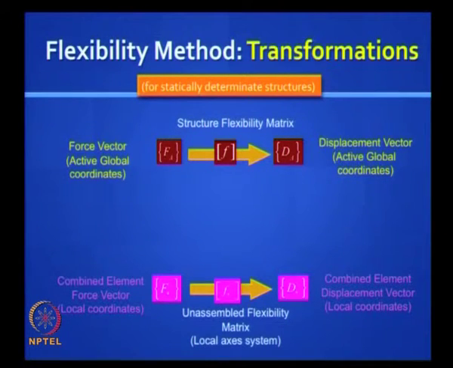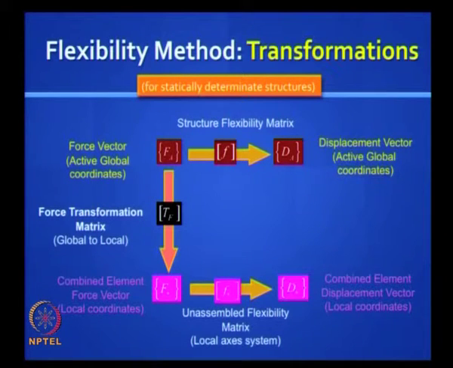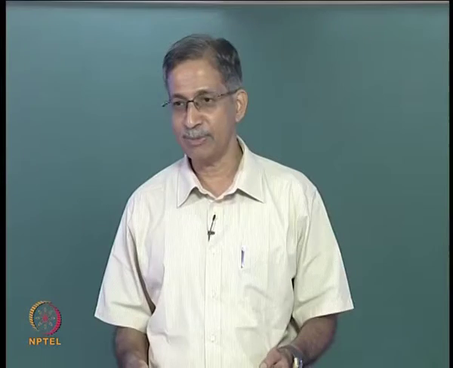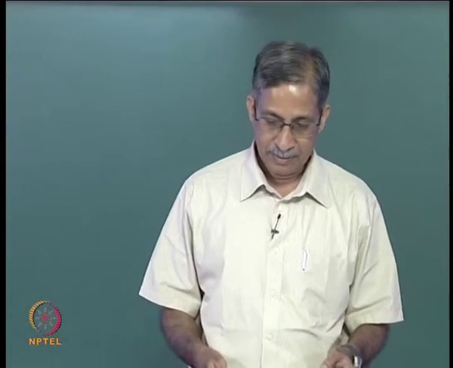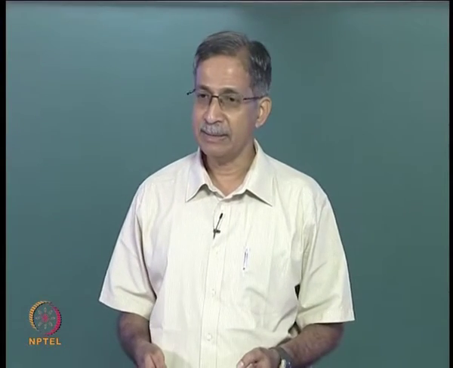Then you have transformations from the global coordinates to the local coordinates. So the first transformation is the TF transformation. Remember, we had the TD transformation in displacement method. So here we are moving on the left side, you can convert the load vector to the element force vector